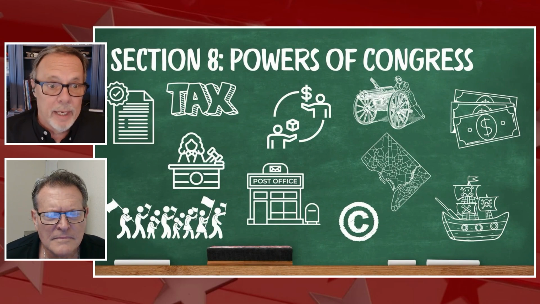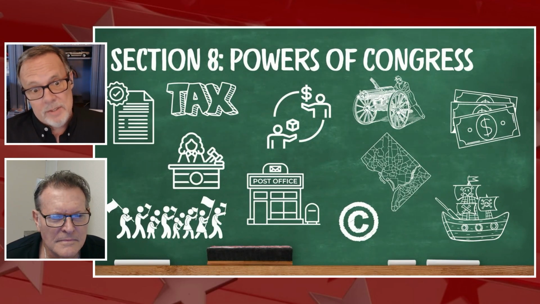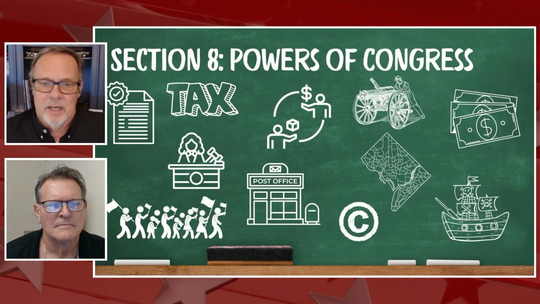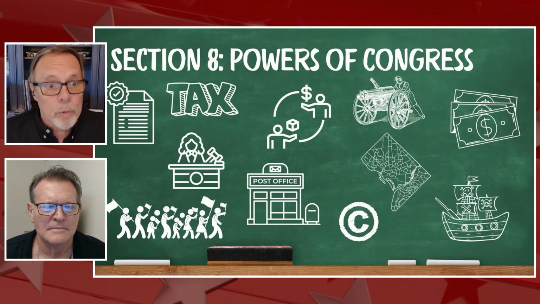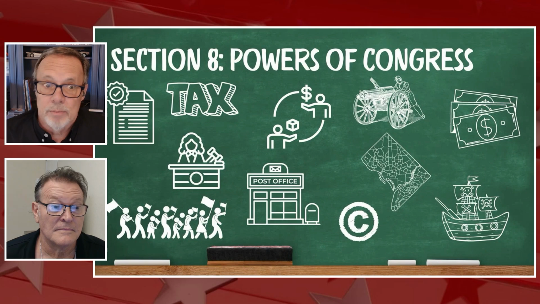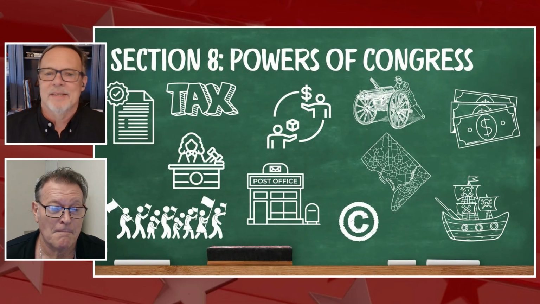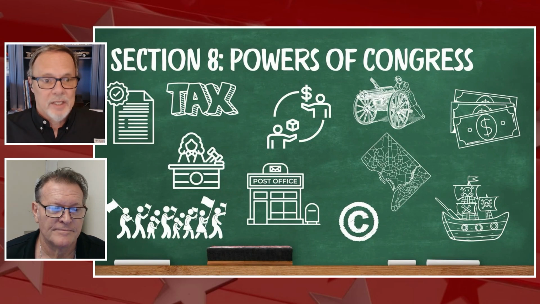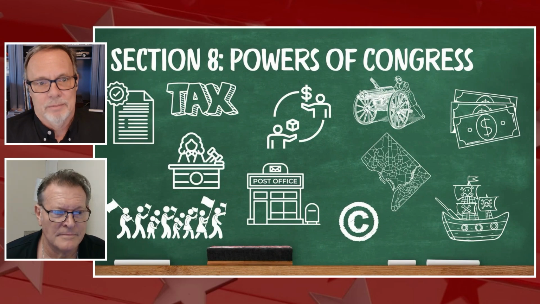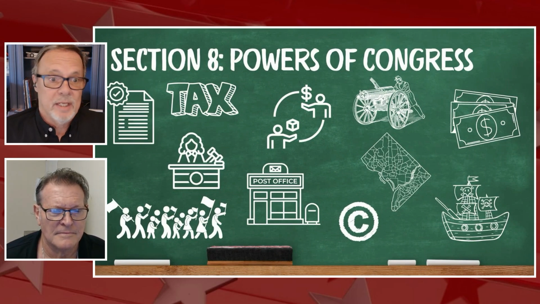Only Congress can define the process for becoming a citizen of the United States. Individual states can't do that. They can levy taxes. They can determine tax code. They can hire federal judges. They can work with legislatures to buy property across the country to use for federal facilities and build post offices and name them and things like that. Weights and measures. They decide that we use miles per hour instead of kilometers. They negotiated to buy a parcel of land from Maryland, I believe, for the District of Columbia as a place to run the federal government. They are responsible for protecting intellectual property, copyrights and trademarks and things like that.